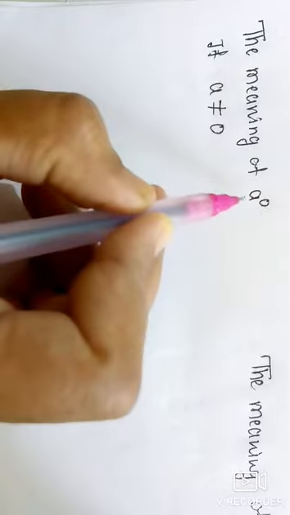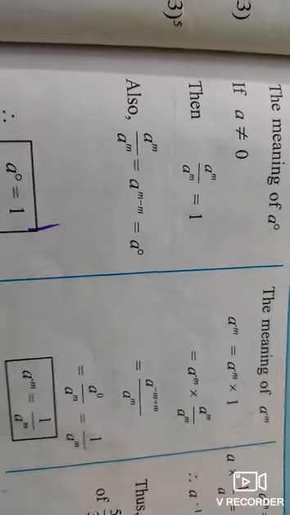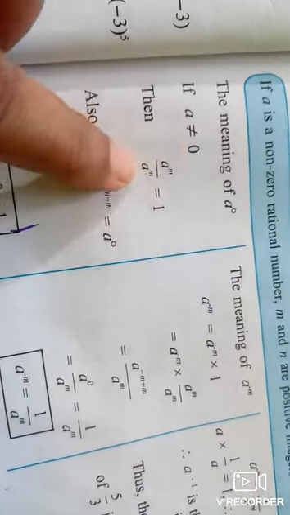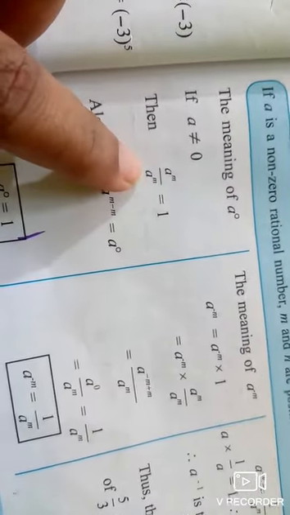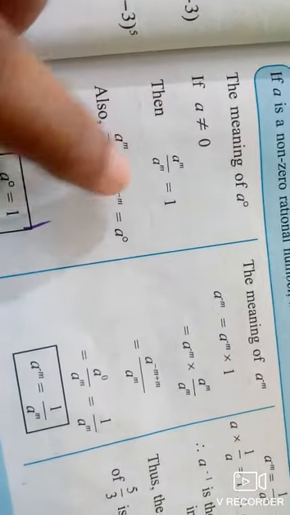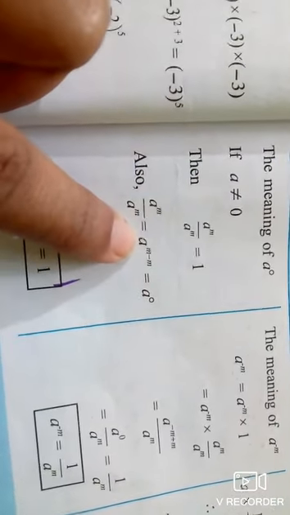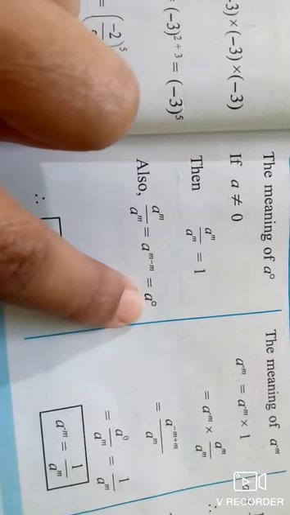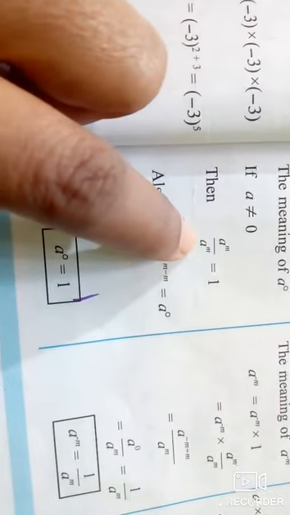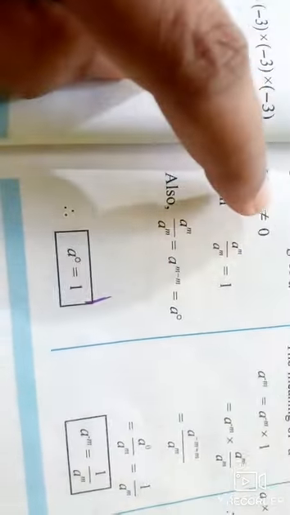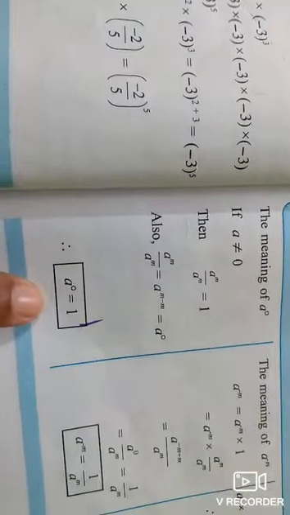Now we are going to learn the rule for a raised to 0. If a raised to 0 is there, what will be the answer? Yes, here in your textbook that rule is given. See here, a raised to m upon a raised to m. That means m minus m, as I told, the first rule of division. m minus m is 0. And a raised to m upon a raised to m, if we divide by the same number, then the answer is always 1. So you can say a raised to 0 is equal to 1.